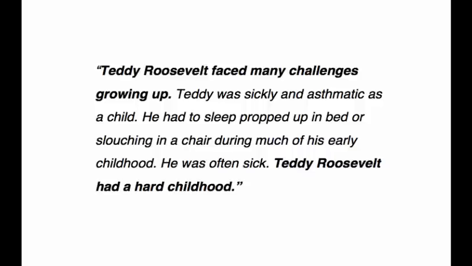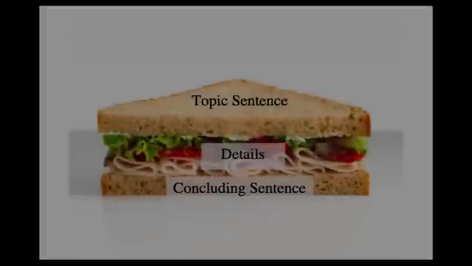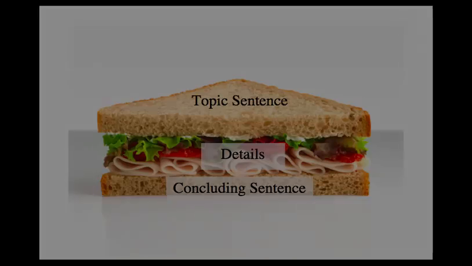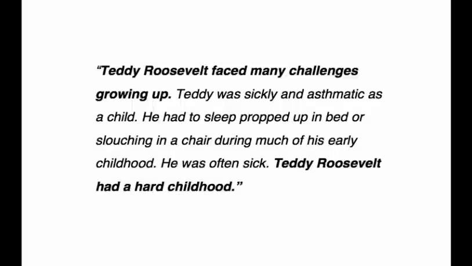Notice the topic sentence and the ending signal sentence do not provide specific details. They are broad and allow plenty of room in the paragraph for the details. An image often used is a sandwich. There is bread on the top and on the bottom. The meat and cheese and all the condiments are the details in the middle. This image also suggests that the topic sentence and the ending signal sentence could be switched and the paragraph would still make sense. Try it with our Teddy Roosevelt paragraph.